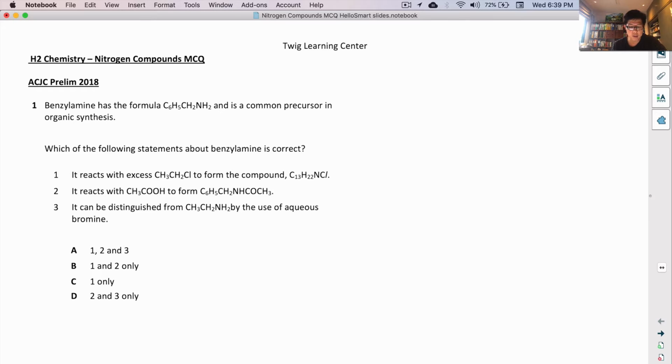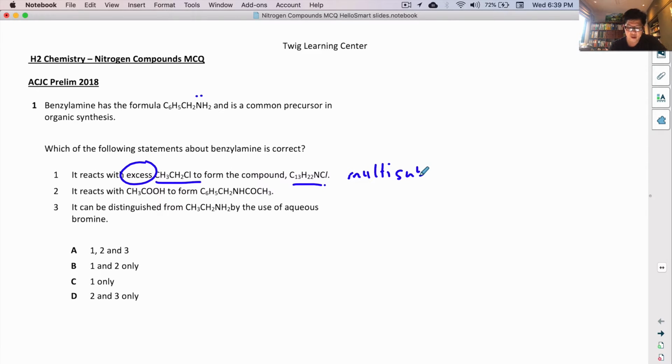Benzyl amine has a formula C6H5CH2NH2 and is a common precursor in organic synthesis. Which of the following statements about benzyl amine is correct? Benzyl amine is actually a nucleophile because there's a lone pair on the nitrogen. So it reacts with halogenoalkane to form this compound. The keyword here is excess. So if there's excess halogenoalkane, you should know that it undergoes